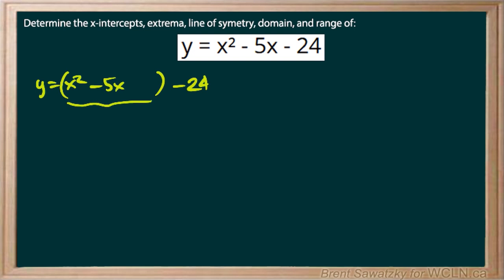And negative 5 divided by 2, oh, that's not great. We end up with a decimal, 2.5. And then what we can do is we can square that, and we end up with plus 6.25. And we're adding 6.25 to the equation, so we'll subtract 6.25, and so then this would be x minus 2.5 squared minus, and add those two together,